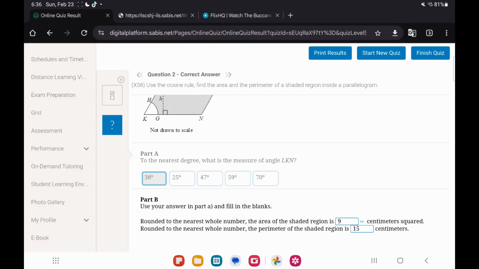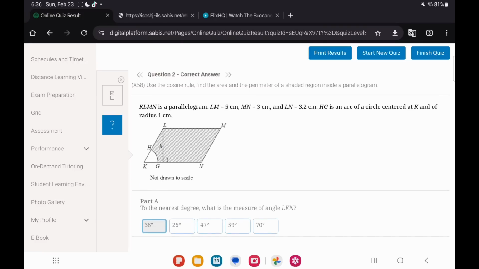Okay, so let's label the sides first. LN is 5, and then the opposite is the same value. MN, actually no, because they told you the radius is 1 centimeter. So the shaded part is going to be 5 minus the unshaded part, so it's 4. So this part is 4, and then MN is 3. This part, because it's also radius 1, is 3 minus 1, which is 2, and then this